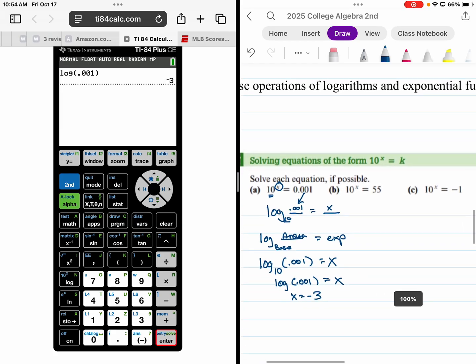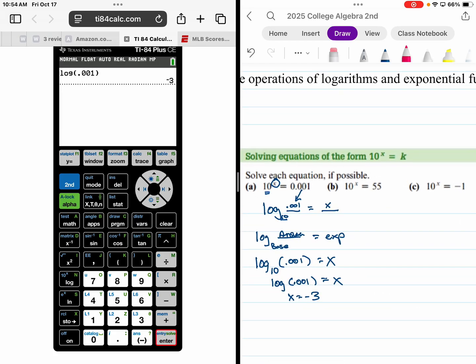And we're going to now do the same thing with part B. Part B, we start off with 10 to the x equal to 55. So now I can rewrite this as log,